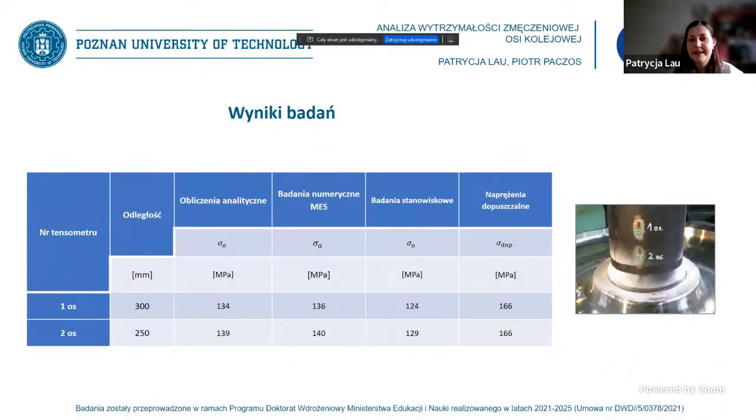Tutaj są wyniki ze wszystkich 3 prób. Co ciekawe, wszystkie 3 próby pokryły się, mimo że norma nie przewiduje badań numerycznych. Wykorzystanie tej metody okazuje się jednak trafne, szczególnie jeżeli chcemy dokonywać modyfikacji osi, gdzie przy badaniach symulacyjnych może być prostsze wprowadzenie różnych modyfikacji i sprawdzenie, jak dana modyfikacja wpłynie na rozkład w całej